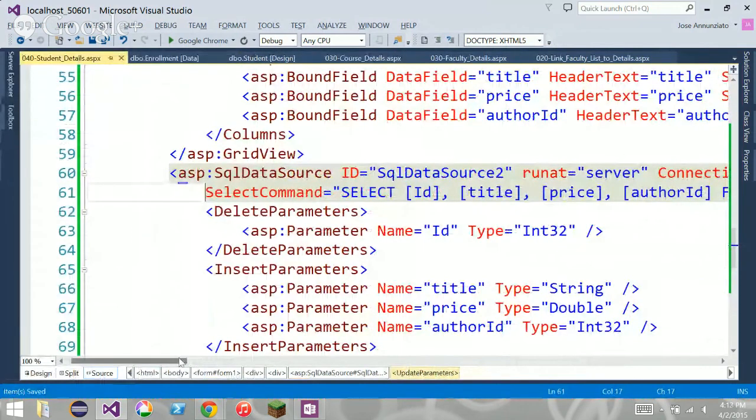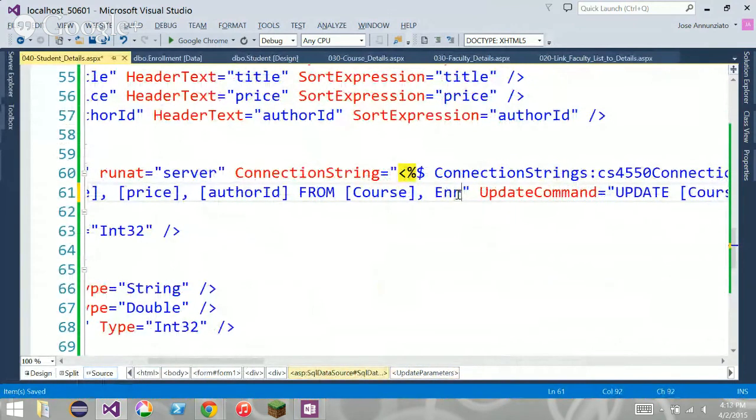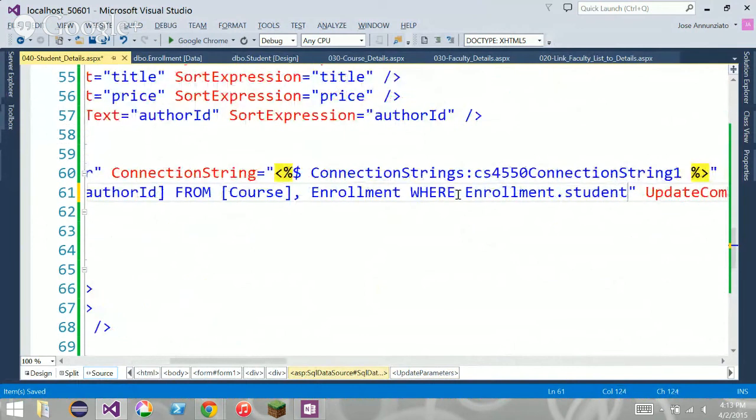Okay, we're going to say I don't want all of them. I want to use the enrollment table, right? And I want to filter this and say that the enrollment dot student ID is going to be equal to the parameter that is being passed as an argument, student ID,